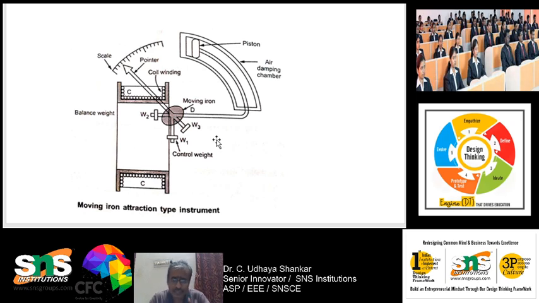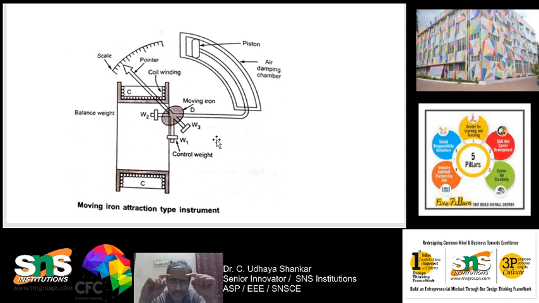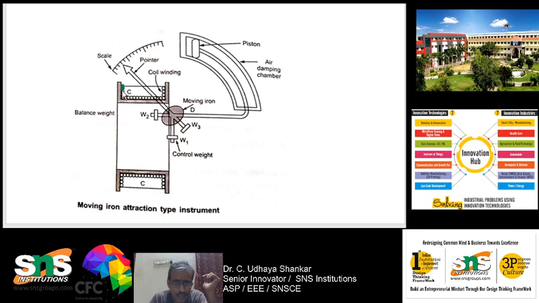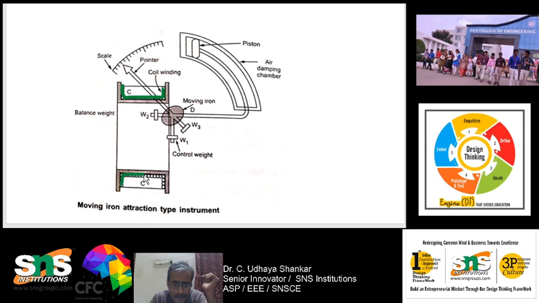So, in the moving iron attraction type, you will be having a flat coil. You can see that there is a flat coil here. I will just mark it in green. So, here also you will be having a flat coil. This is the coil, okay, some coil is there,